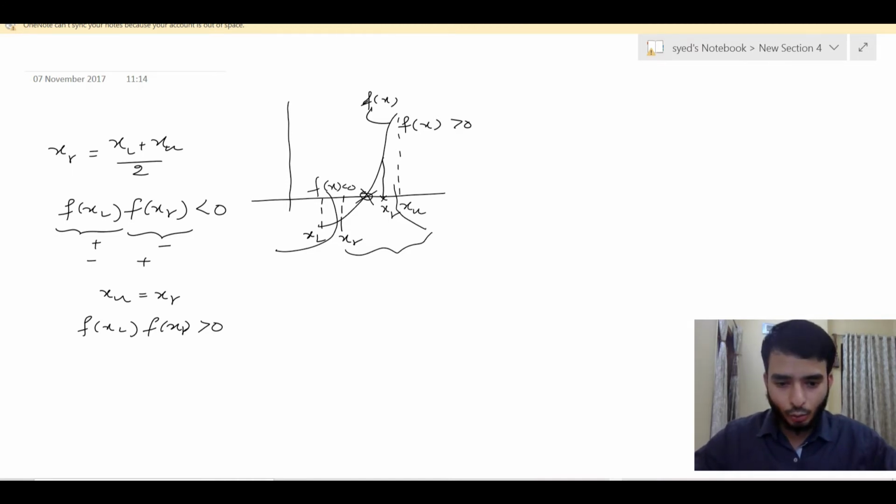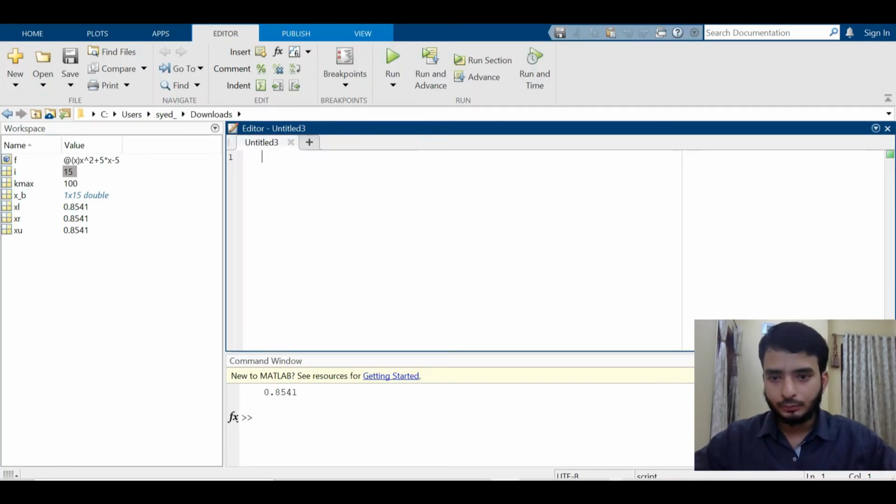Now let us move on to MATLAB. Here I will be starting, as always, with clear all, close all, and clc. Then I'm going to give my function f as an anonymous function, that is, f is equal to an anonymous function of x.